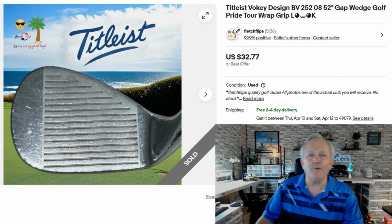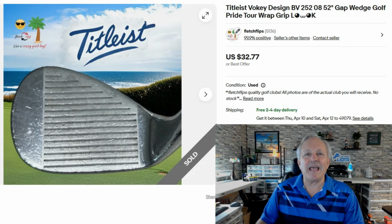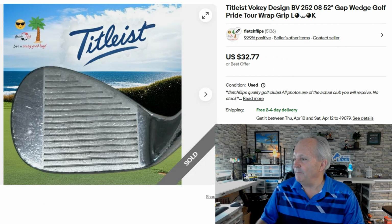A Titleist Vokey wedge. Picked this up at an estate sale on the second day of the sale, and everything was half off. They had it marked $4, so we got it for $2. Sold it for $32.77 with free shipping. That Vokey wedge made us a profit of